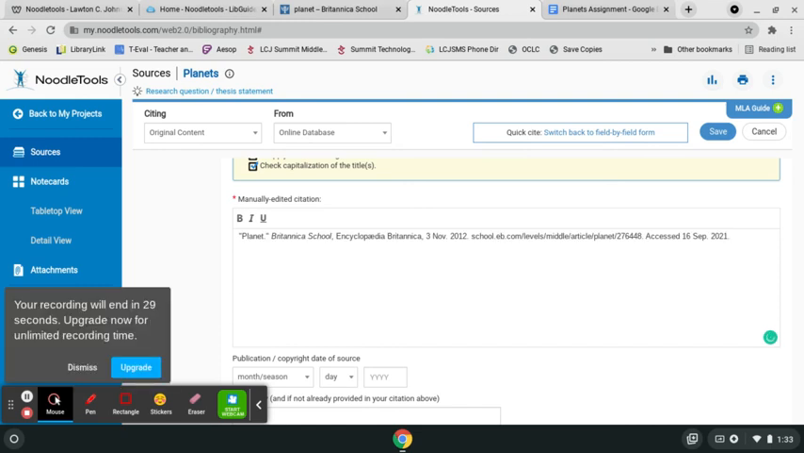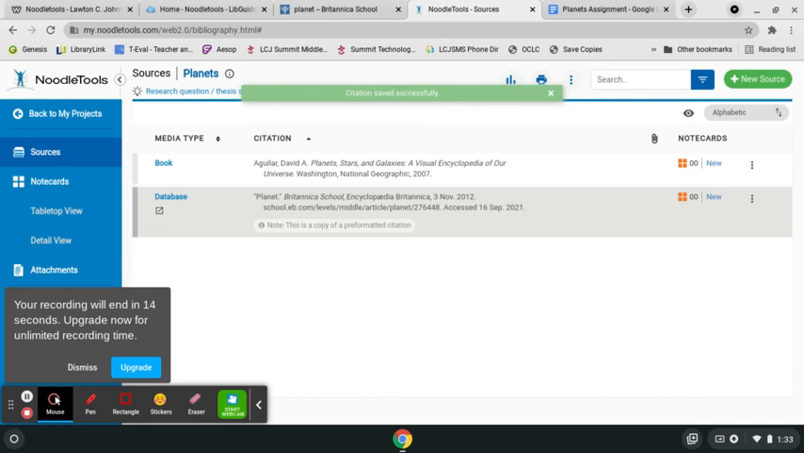All right, it looks correct. It has my quotation marks around planet, and it ends with the year and the period. Now all I need to do is save it. Noodle Tools now shows me that I have 2 citations, the book one I did in part 2 and the database one we just did in part 3. In part 4, you will learn how to cite a